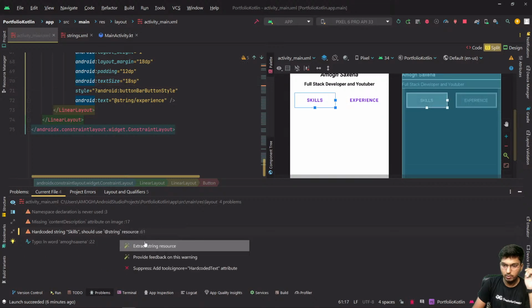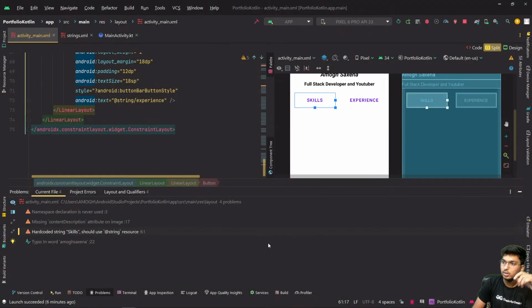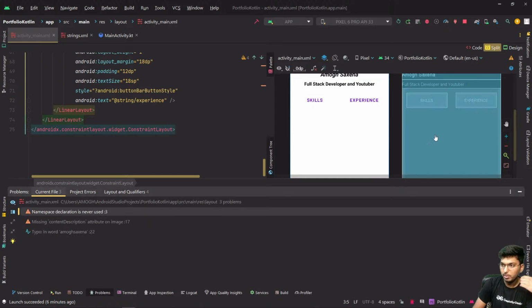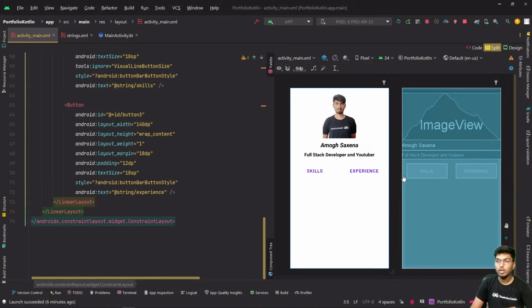Now we are asking for strings, so we will be extracting strings. Strings has also been stored in that file. It says namespace declaration was never used. So where is the namespace declaration? We'll see that later. It's not that difficult to code in Kotlin because it is already providing some of the things that you can implement. Like we were having some of the errors in the code, but you saw that so quickly it has provided